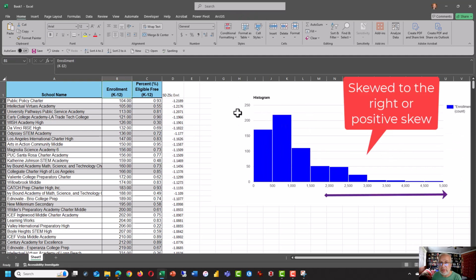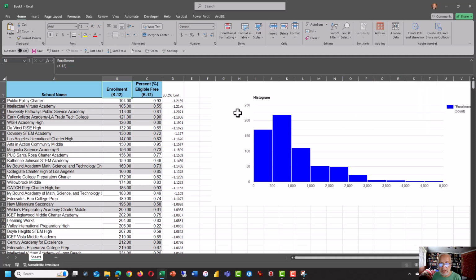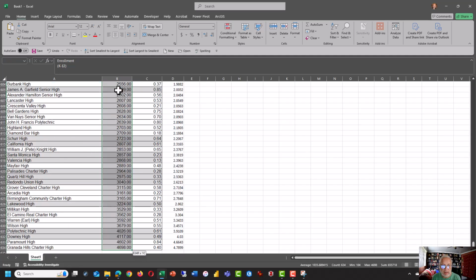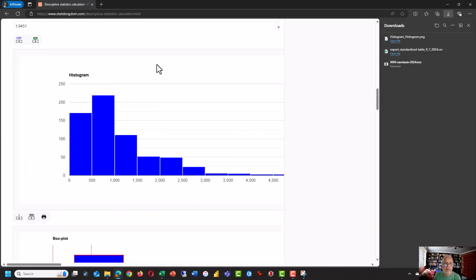Okay, so you will do this for your enrollment data, and then you will repeat it for the free lunch data. The next short trick I'm going to show you: leave this data sorted smallest to largest and copy it once again. Come back over to